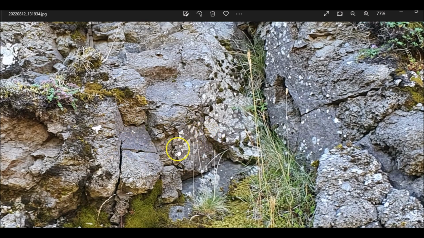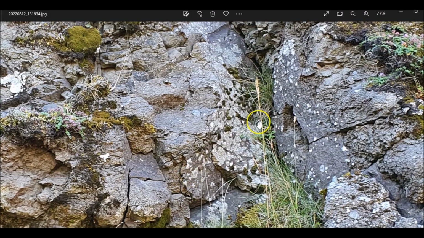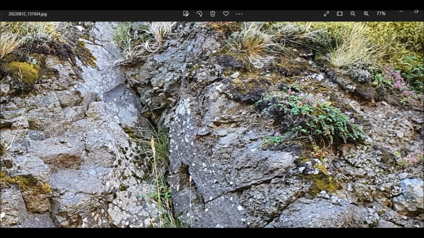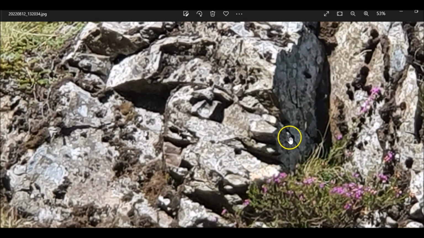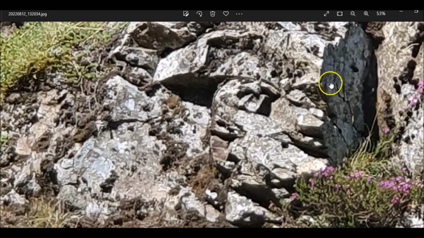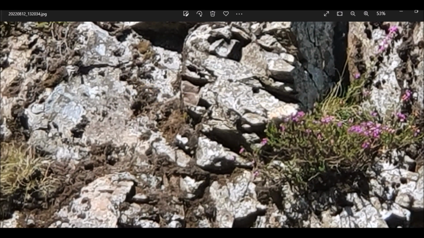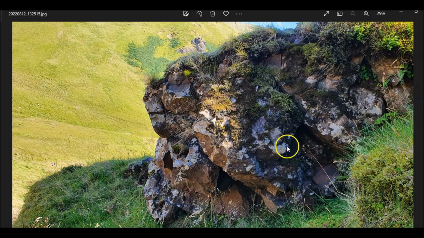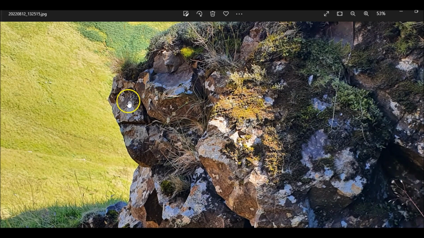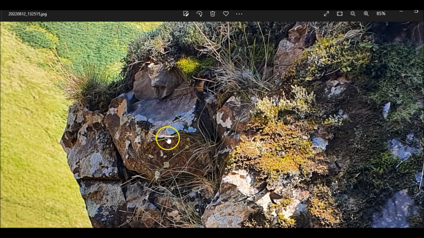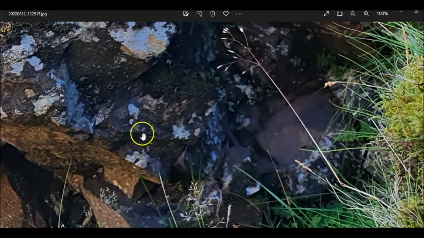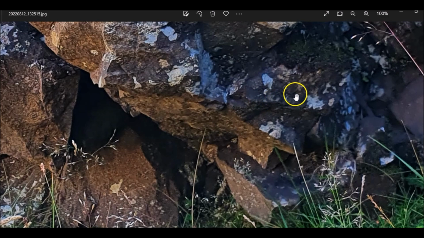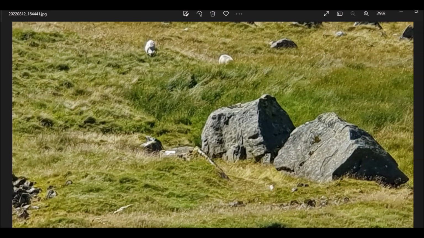Again, note the splits. Separation. Just like wood. Again, the same here. And here as well. And that's definitely split.